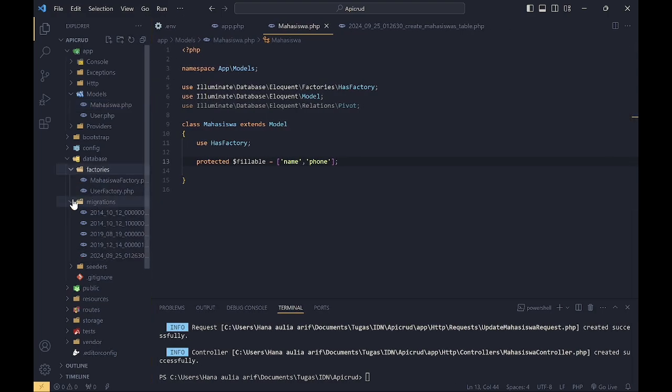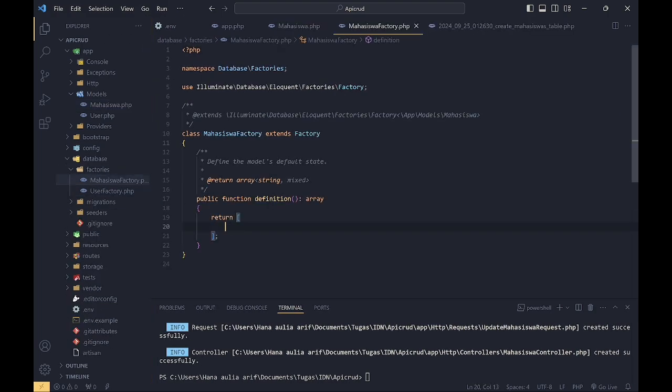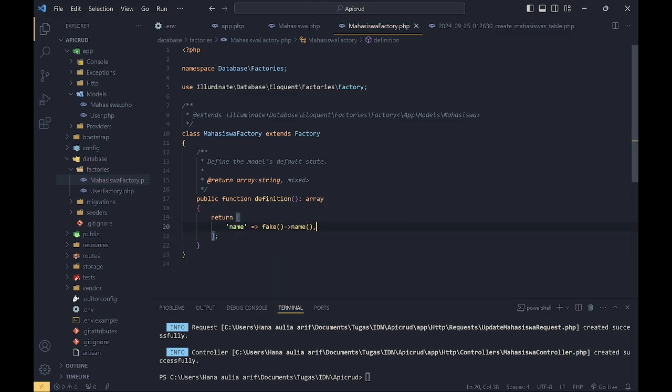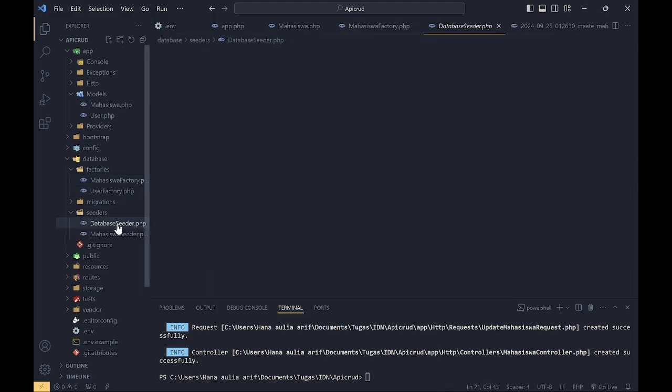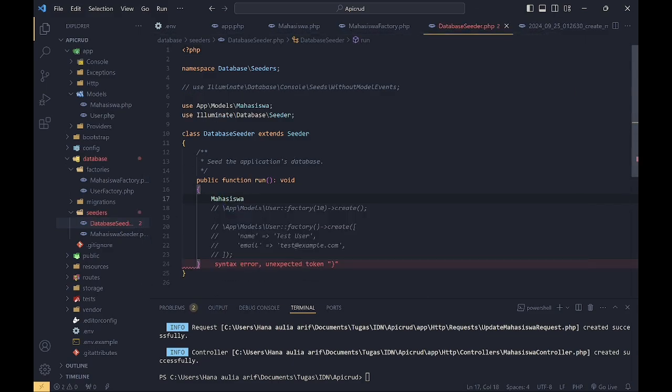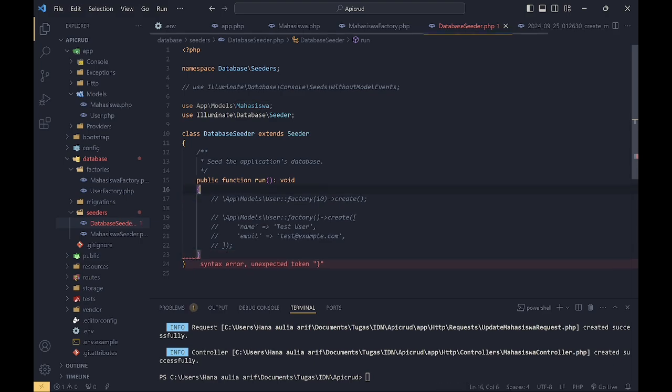After this, I want to make factories or Faker. With Faker, we can fill the data without typing the data. So the Faker will insert dummy data, and the seeder is for inserting the data from Faker.